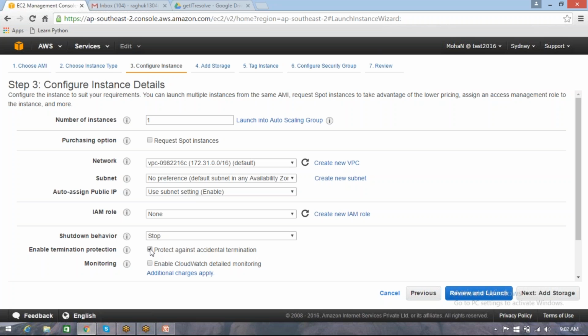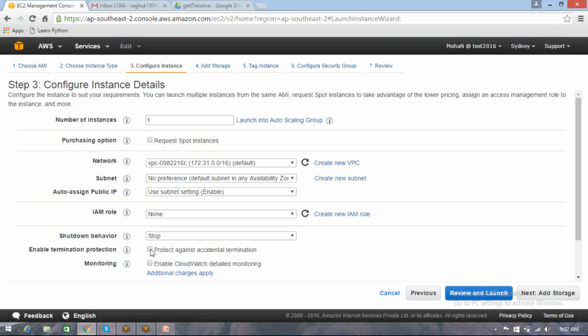So you can safeguard your instance by checking this termination protection. Even if you wanted to terminate, you'll not be able to do that. You should go and disable this termination protection, then only you will be able to do that. So for the safety purpose, if you do not want it to terminate accidentally,